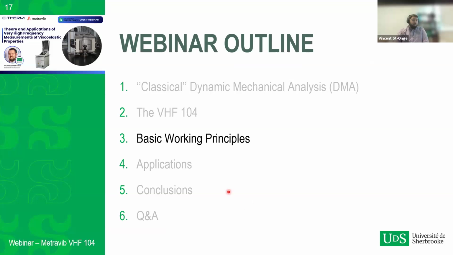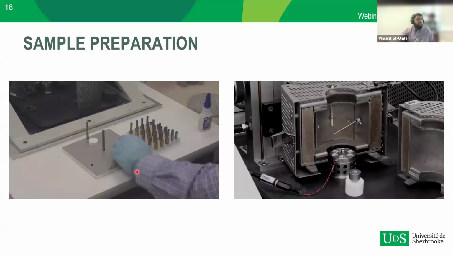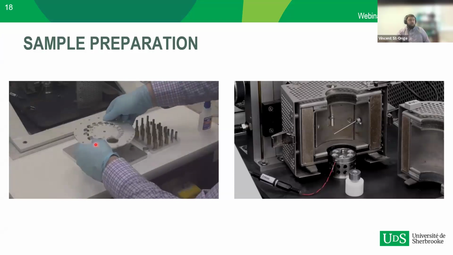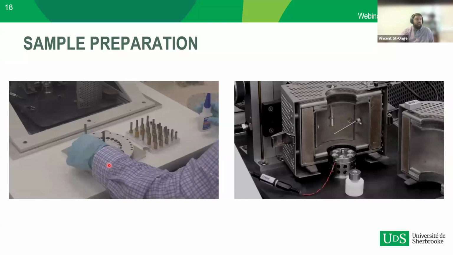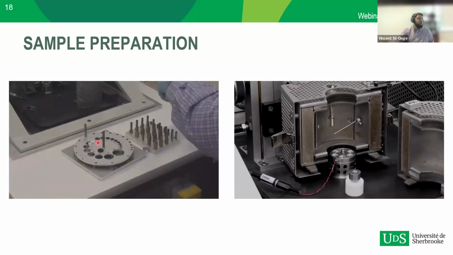So if we move on to how the instrument actually works, the first step in knowing how the instrument works is knowing how the sample is being prepared. So I've taken 2 little videos to show you how the sample assembly is being made, because it's very different from the classical DMA. If you look to the video on the left, you have access to a gluing toolkit. Basically here, the white part that you see is the part that we're going to be screwing to the shaker of the instrument. And everything else that you see at the moment is accessories simply to align where you're going to be gluing the sample.